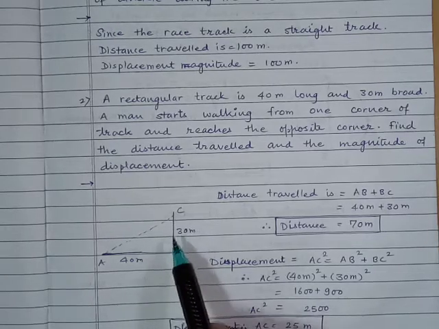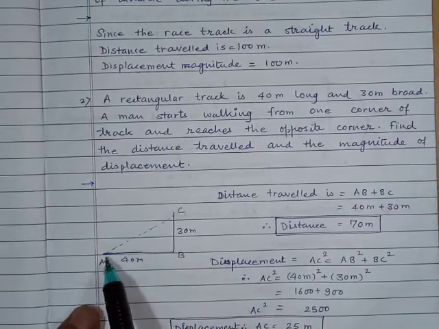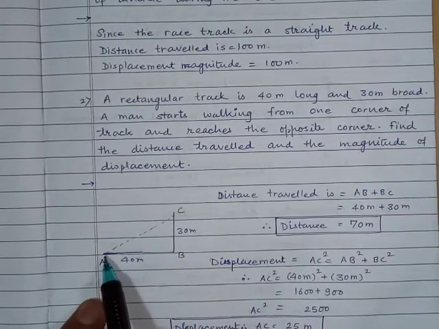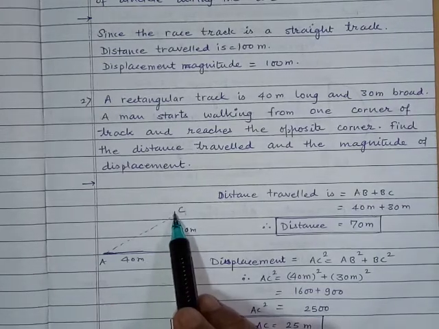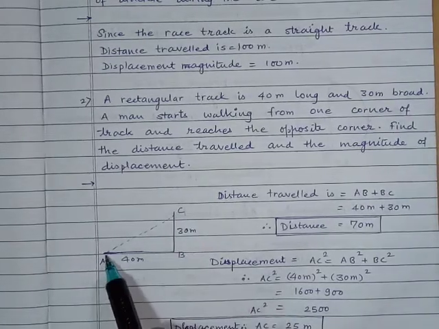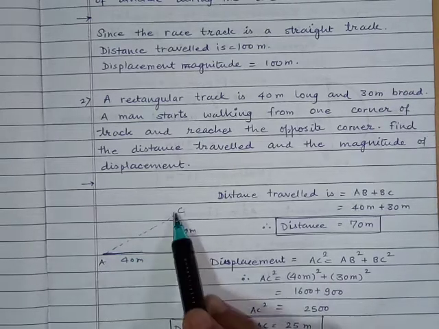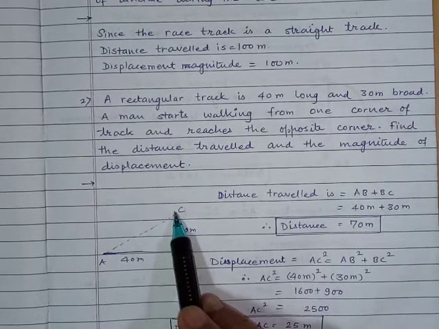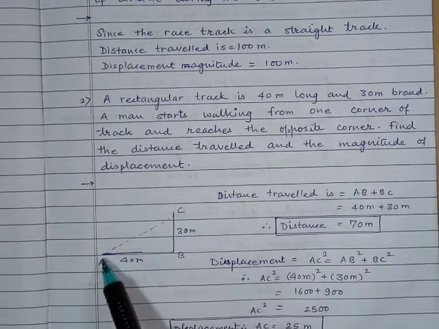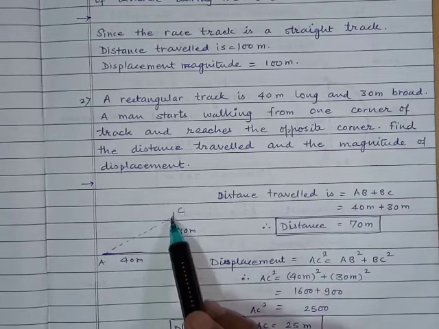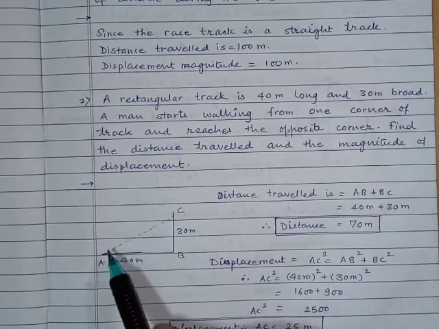Now imagine that a man starts walking from point A, and by covering A to B and again B to C, he reaches the point C. So this is the first corner of the track, and this is the last corner of the track, or where the man reaches, the final point. We have been asked what is the distance traveled by this particular man and what is the magnitude